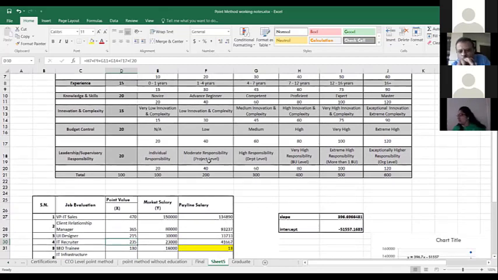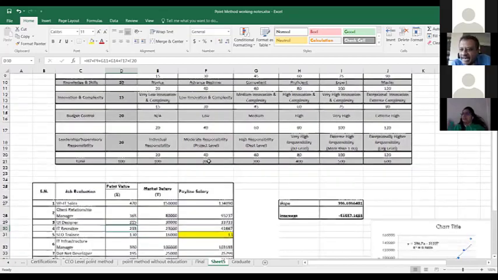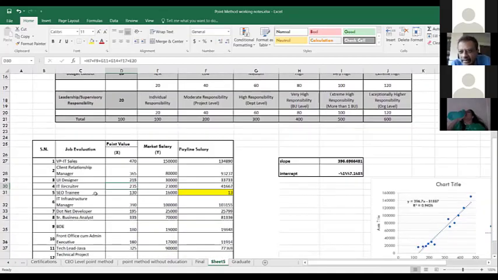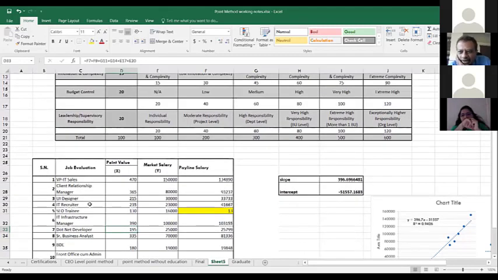Do one small exercise, and that will give you a good insight. Take all the job titles you have rated, and on each aspect put down what the rating is. For example, if I'm saying complexity of a UI developer I've given level 3, a .NET programmer I've given level 2, let's say, and IT engineer I'm saying level 3, then obviously there is some issue there, right? You're understanding what I'm saying.